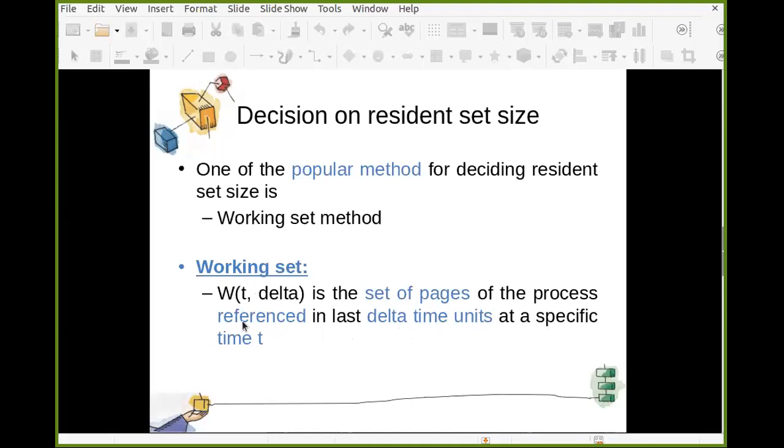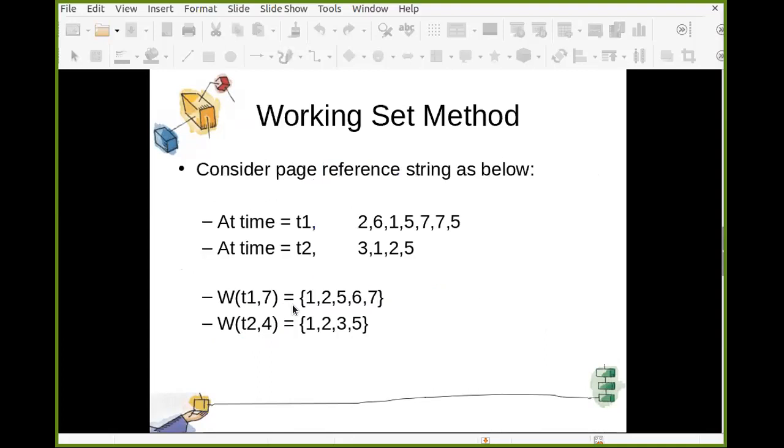So at time T, you find out the set of pages referred to by this process in the last delta time units, and that forms the working set. For example, let's say at a specific time T1.